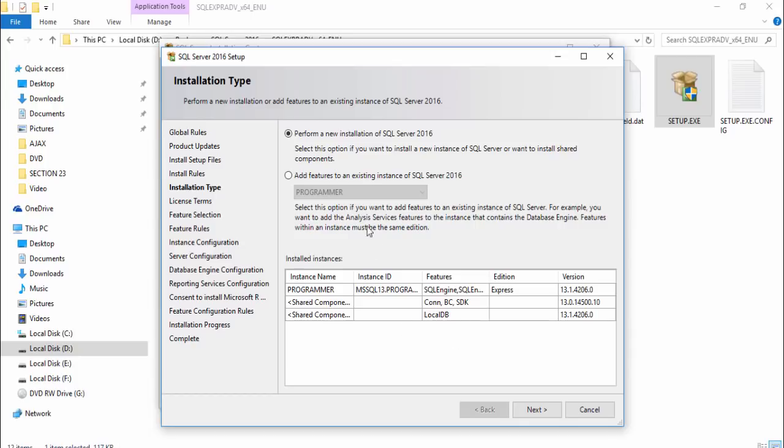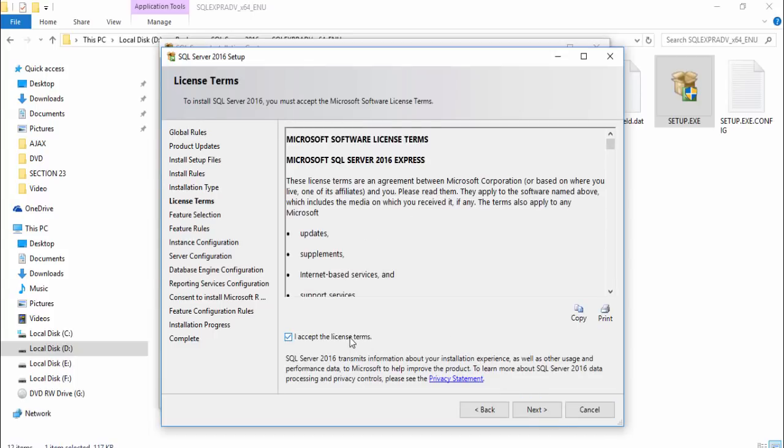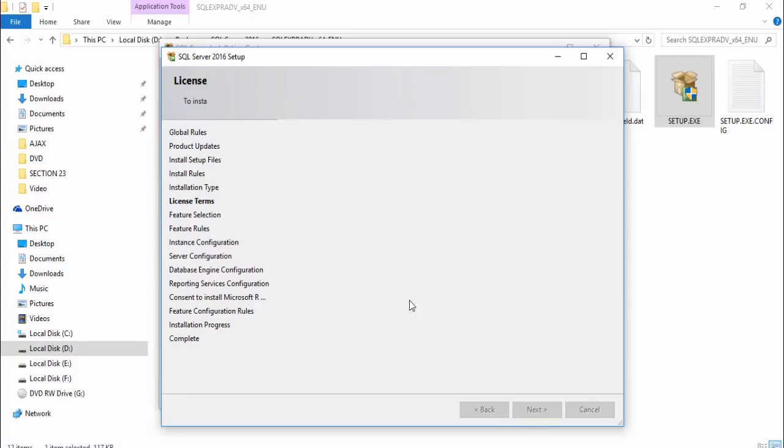Now on this page you are able to see perform a new installation of SQL Server. If you have an existing installation or existing name, you need to select another name, but I want to install new, so I select the perform a new installation and click next. I accept and next,